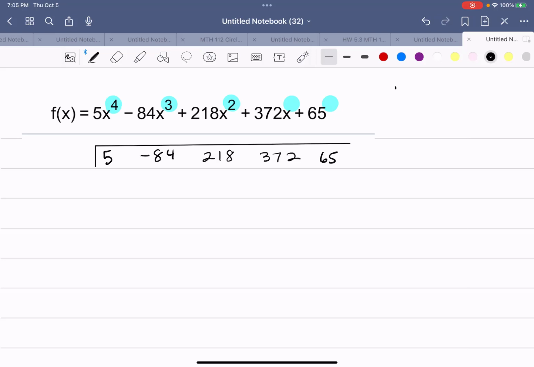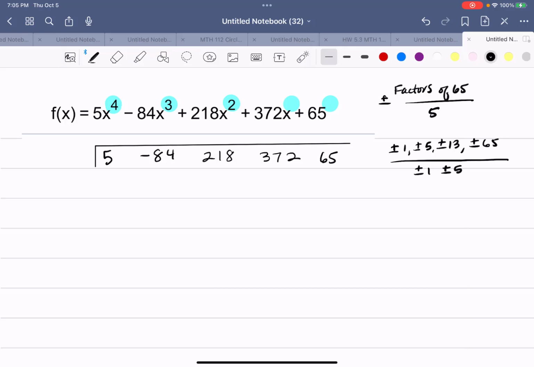I've got to find the factors, and these are the plus or minus factors, of 65 over 5. The good news is 65 doesn't have that many factors. It's going to be plus or minus 1, plus or minus 5, plus or minus 13, plus or minus 65. We have to put all of those over plus or minus 1 and plus or minus 5. When we put them over 1, we get plus or minus 1, plus or minus 5, plus or minus 13,